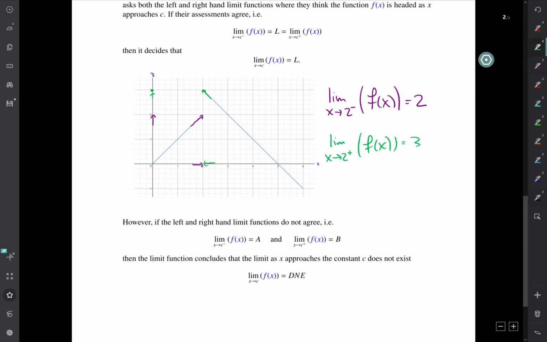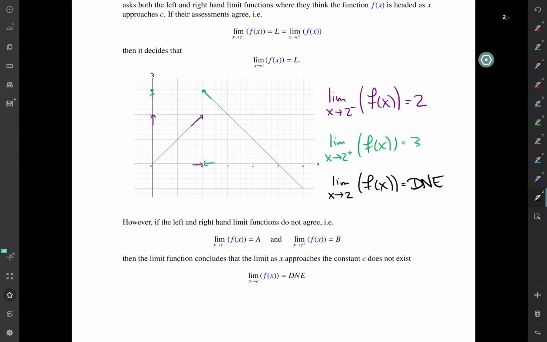Okay, so since the left-hand limit does not equal the right-hand limit, the overall limit function says, well, then the limit just doesn't exist. So the limit as x approaches 2 of f of x does not exist, or DNE. It doesn't exist because there's this disagreement. And so these limit functions kind of pick up on gaps in the function or jumps in the function, and that's basically their job, to report the value of a function as it's approaching a value. And I should also say that they don't actually care